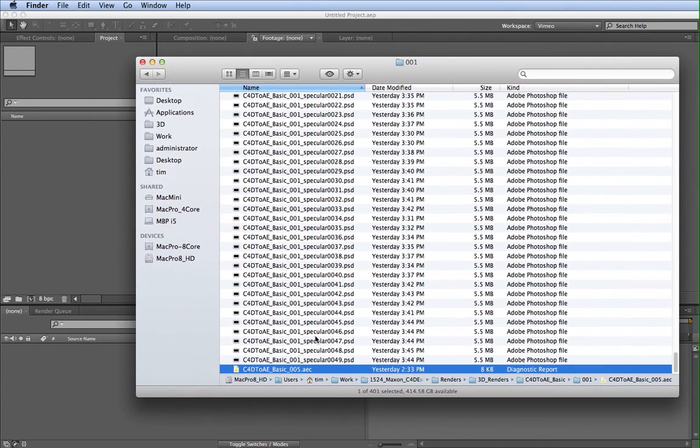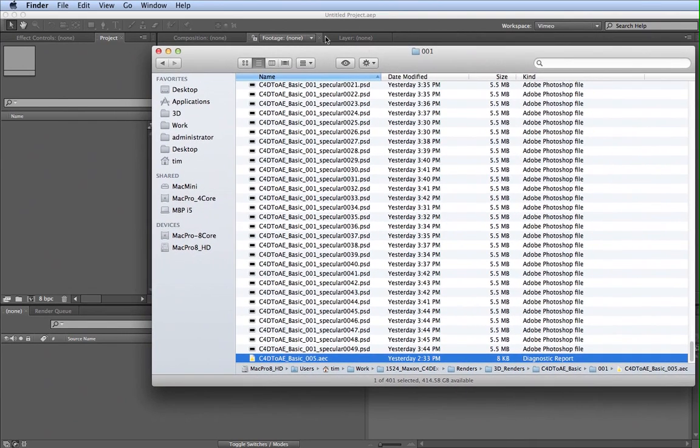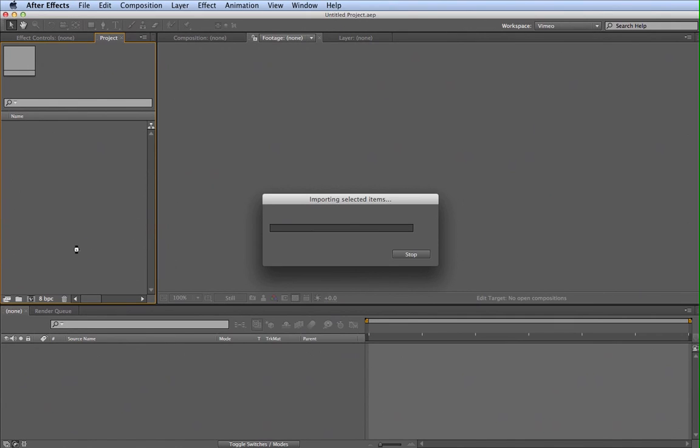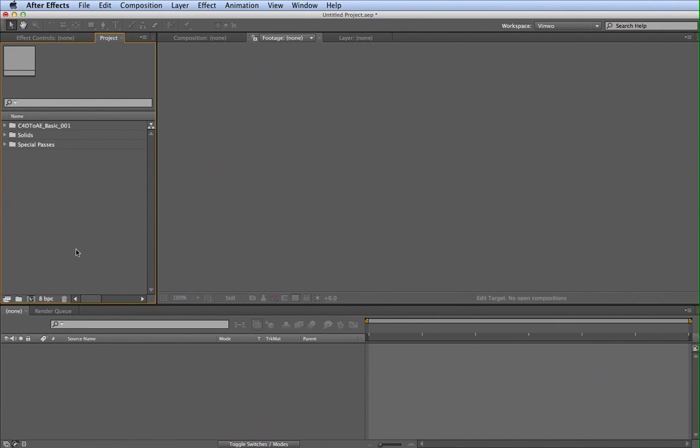So if I double click that, that'll probably open the wrong thing. I could set this in my get info, but no worries. I've got the plugin in After Effects, so there's a few ways you can do this. You can drag it onto your After Effects icon, you can choose to import it into your project, or you can just simply drag it and drop onto your project window. And you can see that what happens is it opens up,